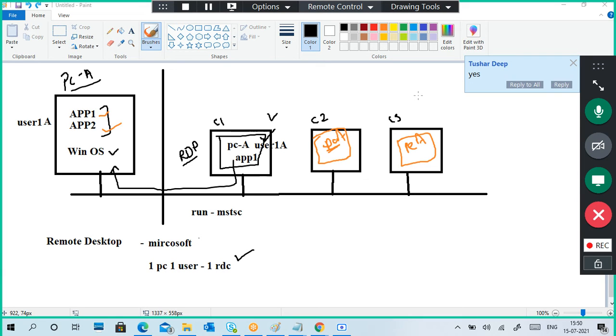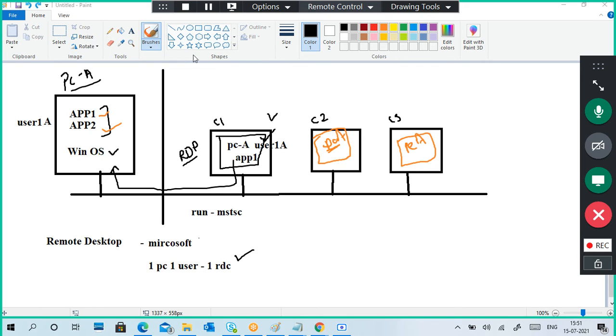From all these 10 computers I want to access my PCA as a remote desktop. But as a condition, one PC, one user, one connection type means one connection, one user accessing from one computer. If I'm accessing the PCA, others cannot access at a time. They are automatically logged out. So this is the situation.